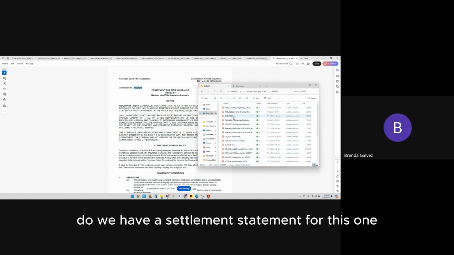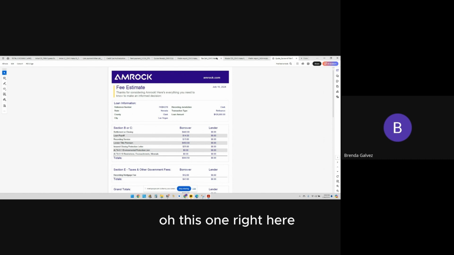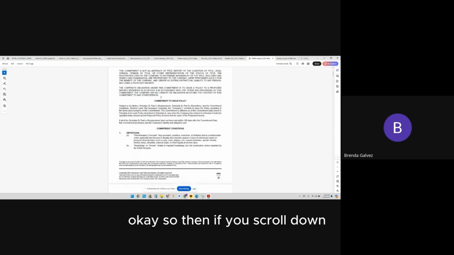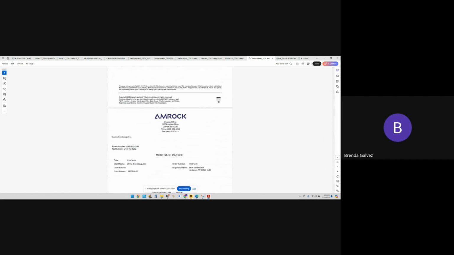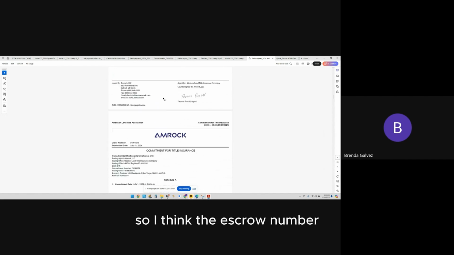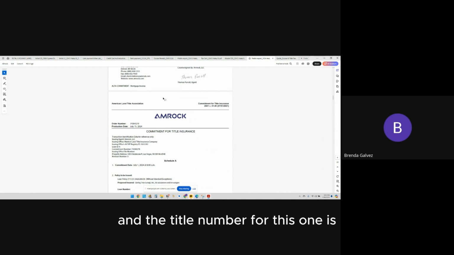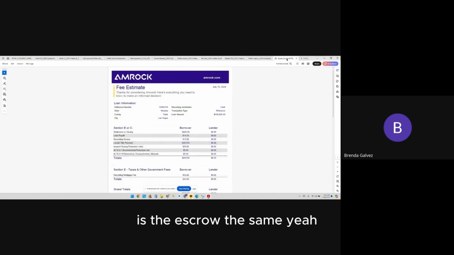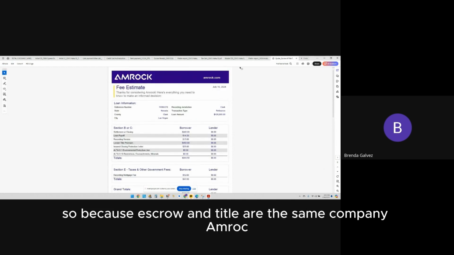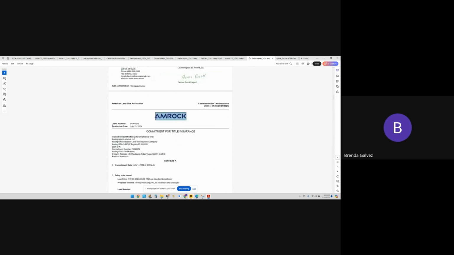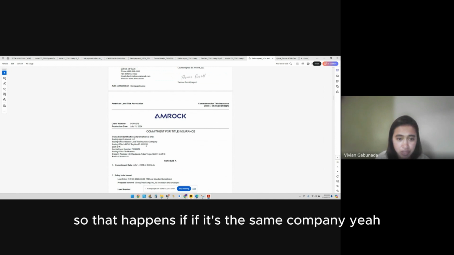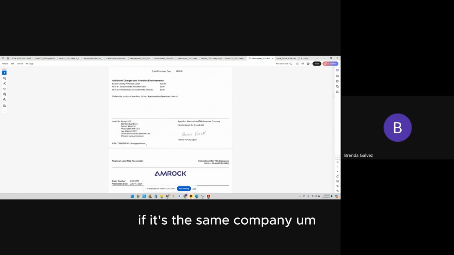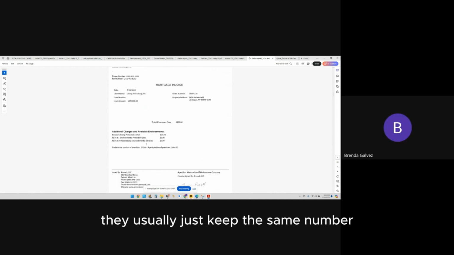Do we have a settlement statement for this one? Oh, this one right here. Okay, so if you scroll down, I think the escrow number and the title number for this one are the same. Is the escrow the same? Yeah, because escrow and title are the same company, Amrock, they're using the same order number. That happens if it's the same company; they usually just keep the same number